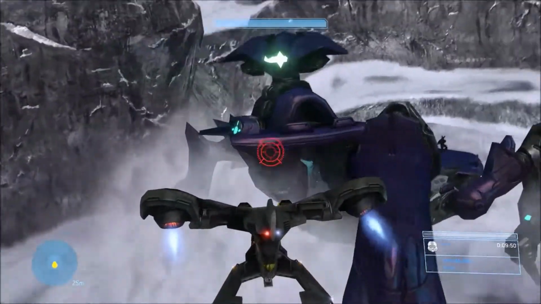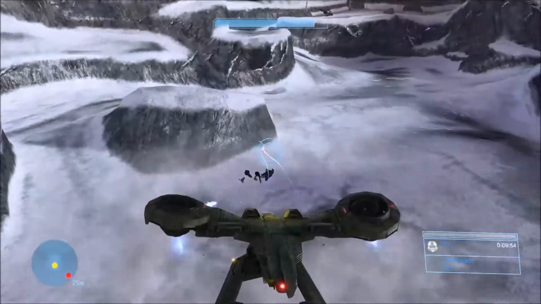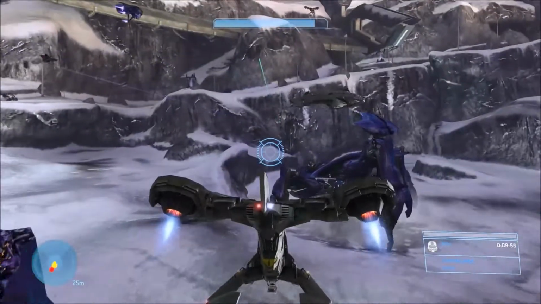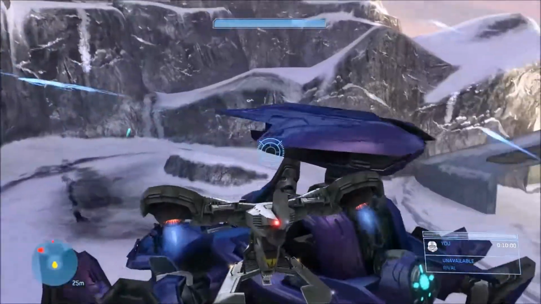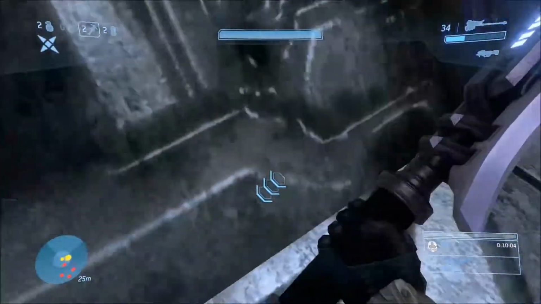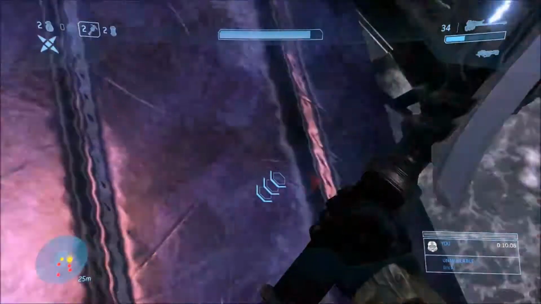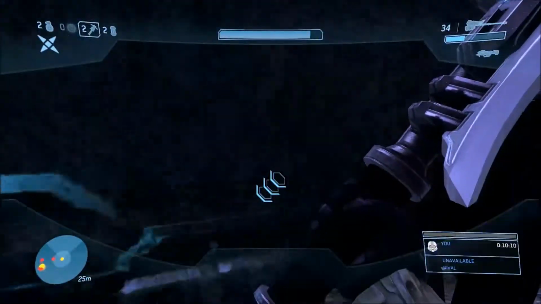But what you're going to want to do is shoot that little green thing until it blows up the back, and then you shoot immediately at the shield, that blue shield in the back of the Scarab to blow it up really quickly. Immediately boost over here. Make sure that that Scarab leg isn't in your way because it'll blow up your Scarab. It'll literally splatter you, and then you're going to want to land over top of this and jump out and